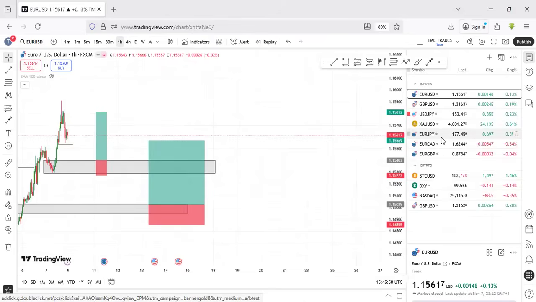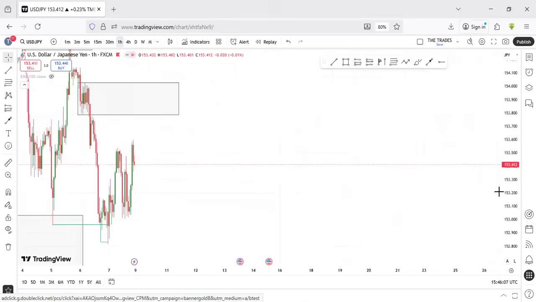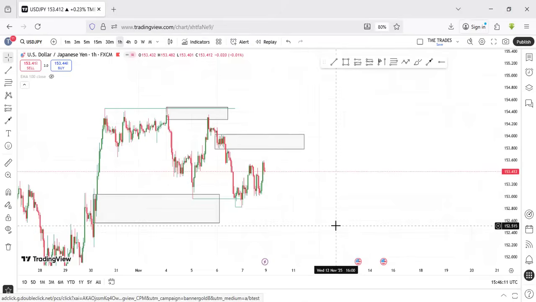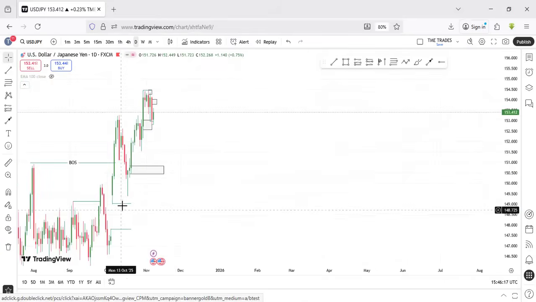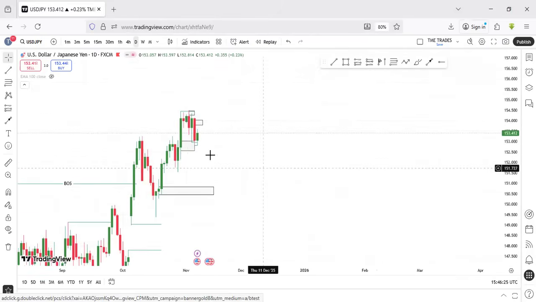I have another good setup on GBPUSD, but I'm not going to be talking about it now. Sorry, USDJPY. Now on USDJPY, let's analyze it a little. Remember on USDJPY, there is a gap that we are waiting for the market to close, right? It's yet to come to it. And considering the fact that we expect, despite this market being in a very strong